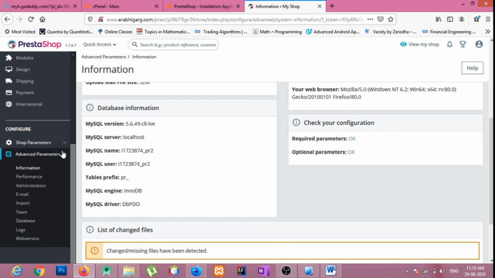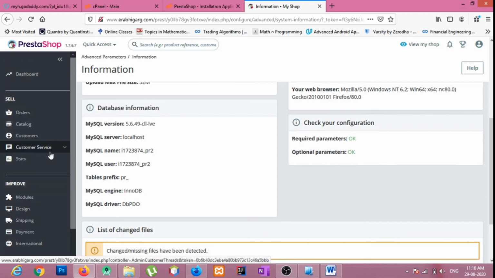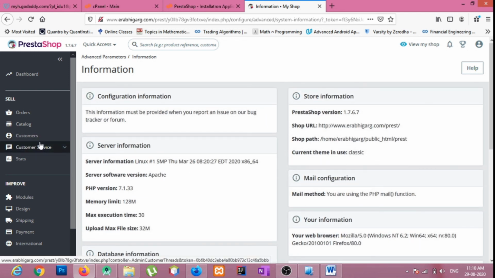These are the advanced parameters here. These parameters are only for the technical guys. So if you are going to use a basic version of your website, you do not need to change any of these. You simply need to localize this website for the Indian ecosystem, and then add your products, your categories, and add a payment system that your users or customers can use to pay for the products, right?